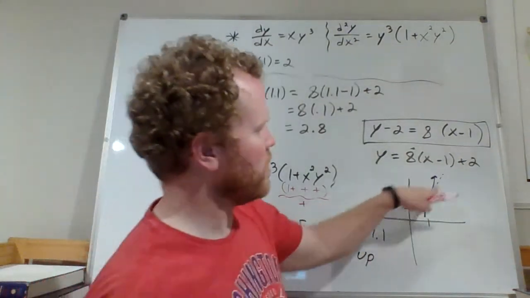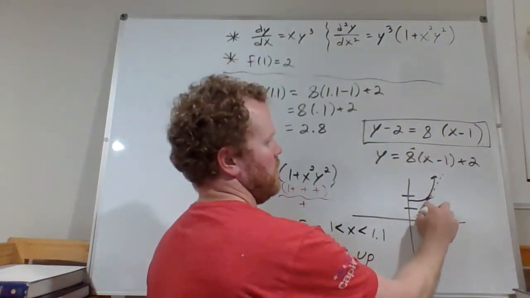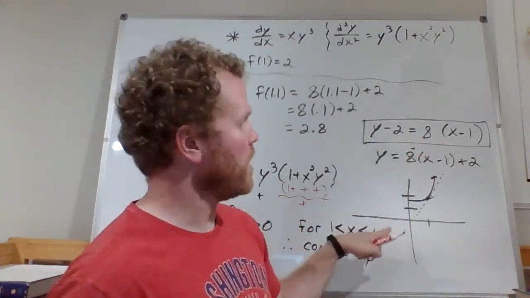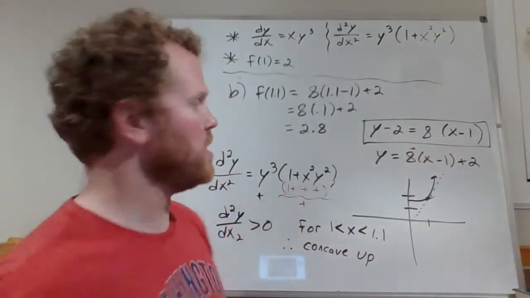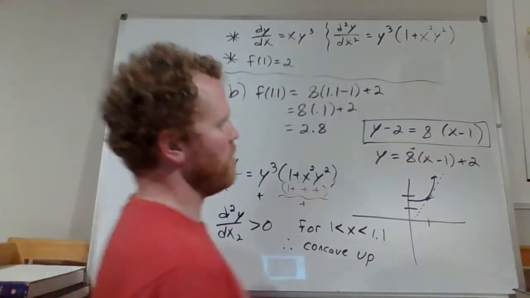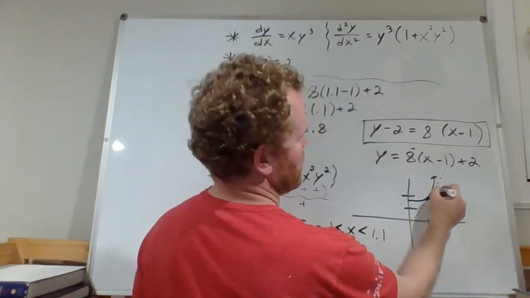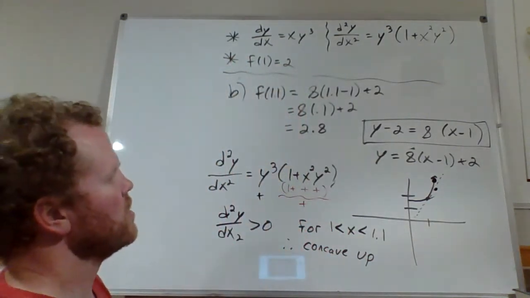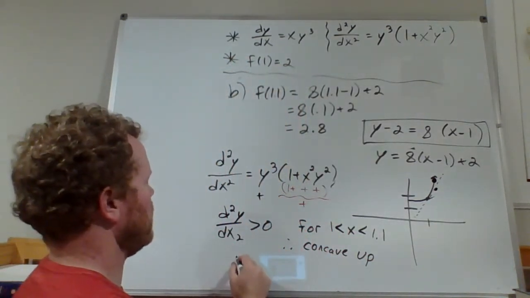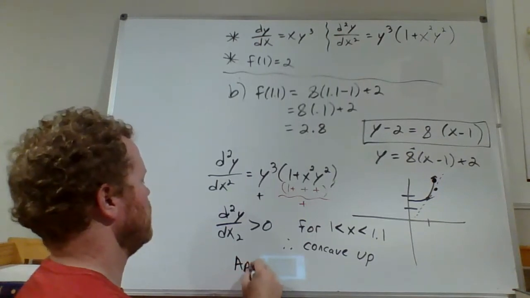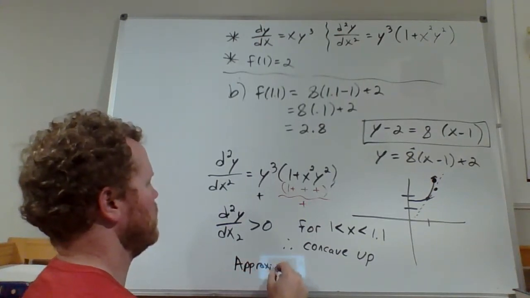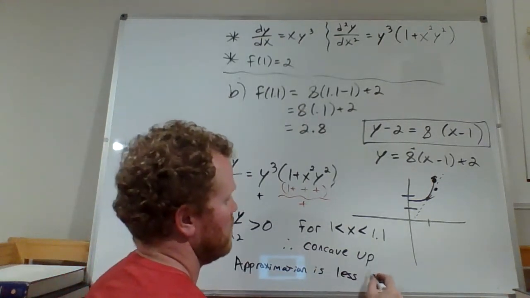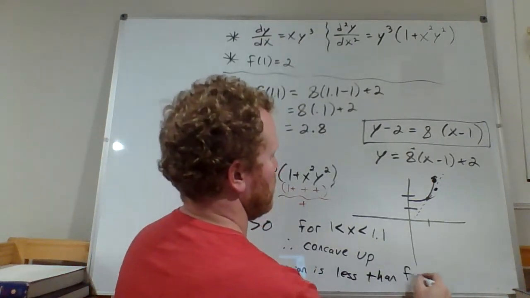Which means we look sort of something like this curve, not like that other curve. So if we're concave up and increasing, this should be a dead giveaway that 1.1 on the tangent line is like here, but 1.1 on the actual function is higher. So the tangent line, the approximation is less than f of 1.1